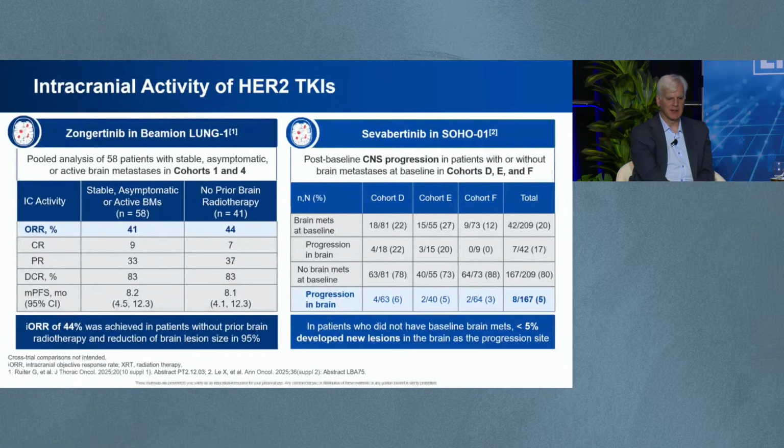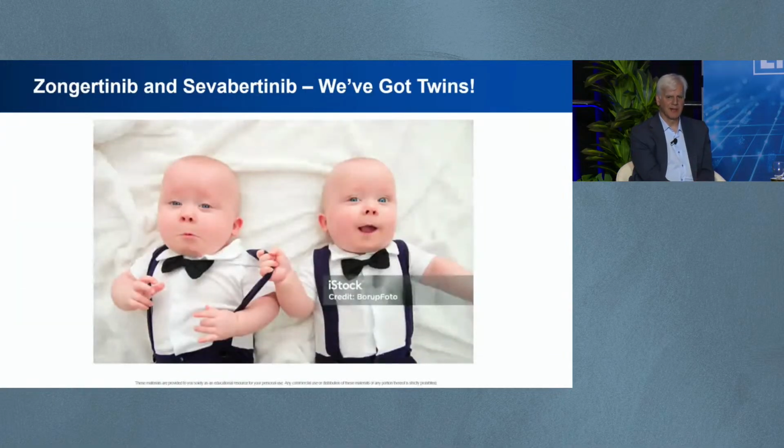Intracranial activity, I think we're still a little bit early to understand this fully, but it's nice to see that for both of the drugs, we're starting to see evidence of significant CNS penetration and CNS activity. Very critical information, as with most actionable mutation positive patients, the risk of CNS metastasis is quite high. So with these two excellent drugs with very, very similar efficacy and really favorable toxicity, we as a field,